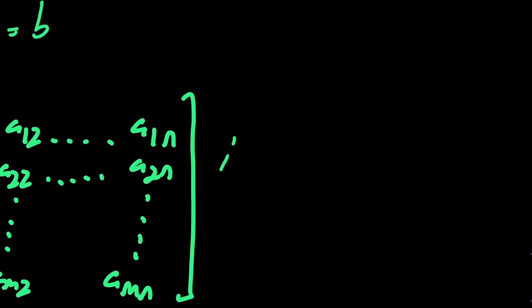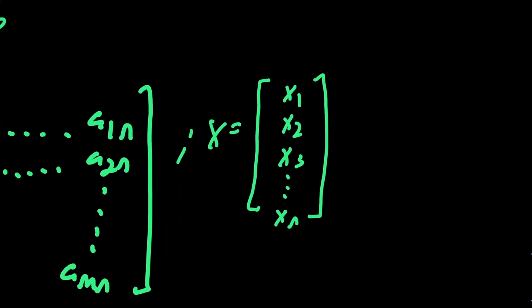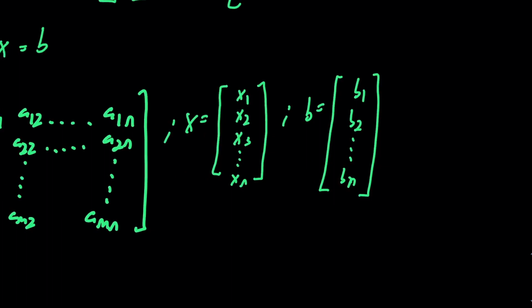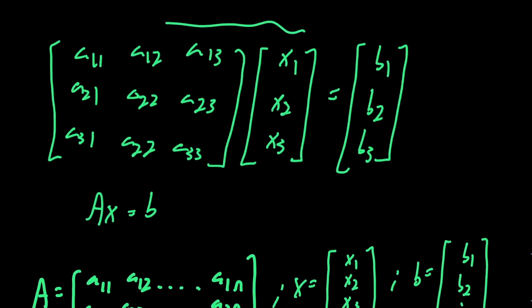Now, as for X, we know X is usually a column vector, and it goes from X1, X2, X3, all the way down to however many rows this column vector has. And the same principle applies to B. We have B sub 1, B sub 2, and as many rows as B can have. So, if A, X, and B are the coefficient matrix, the column matrix of the unknowns, and the right-hand side, respectively, of the M cross N linear system AX equals B, then we can refer to this setup right here, and